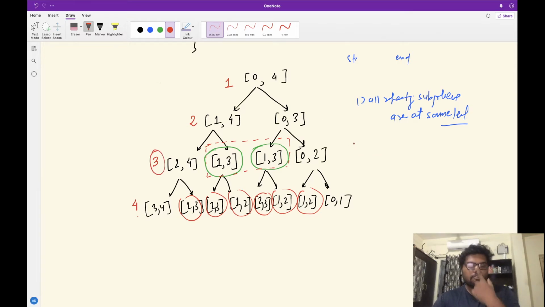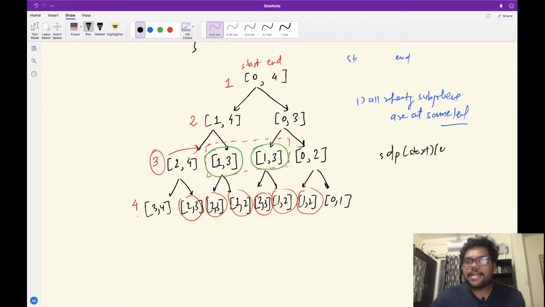Hence we will not be taking our year into the DP state. We can take it, but then that will be a 3-dimensional DP and that will be a waste of space for us, and it is not contributing to the final answer, since all repeating subproblems are on the same state. So the state of my DP will be enough to determine by the start and end of the array. For this question, we can actually take a 2-dimensional array DP with start and end, and then we can store the result there, right?